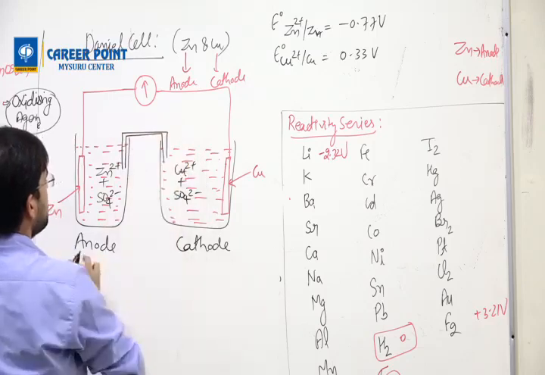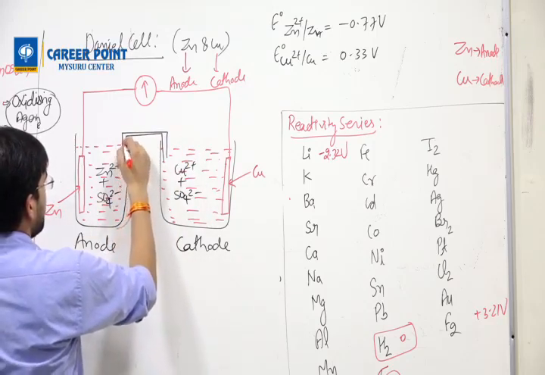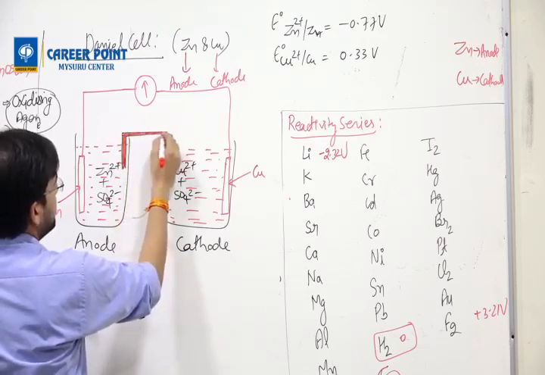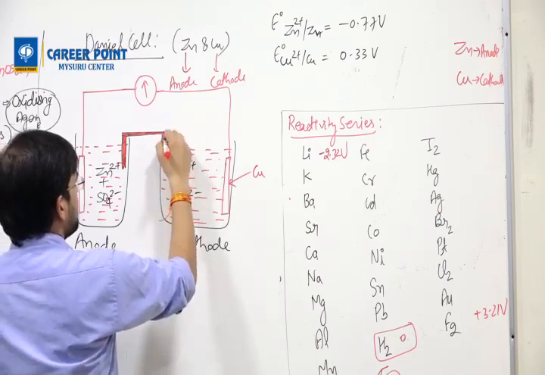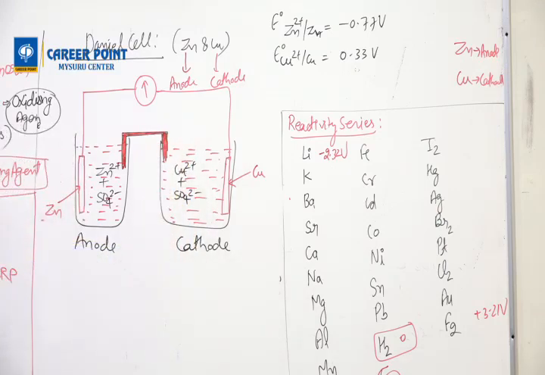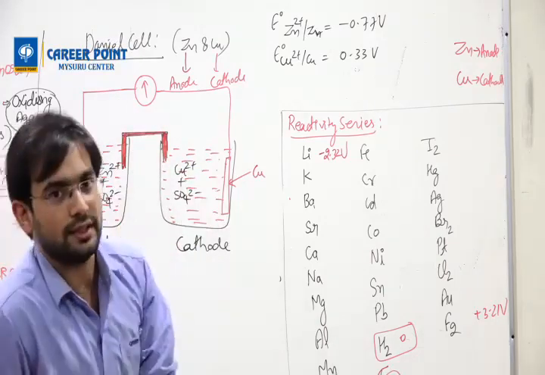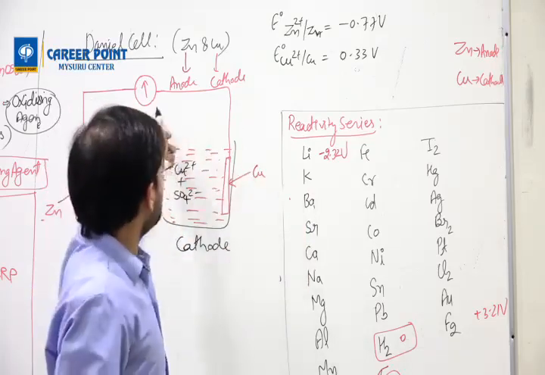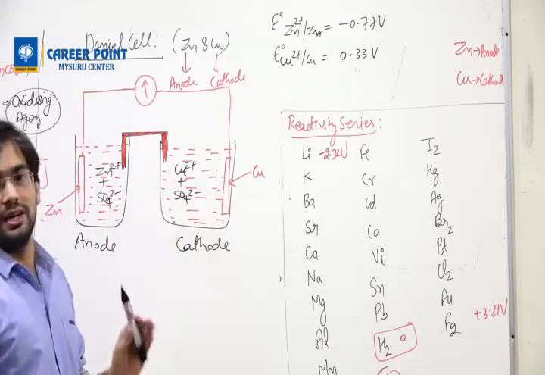This is known as salt bridge. Okay. Now this does the purpose. As soon as you keep a salt bridge, it is going to connect both the chambers. Now the circuit is closed, so current will start flowing and the voltmeter will start giving you a reading. Now the question they will ask: what is E0 cell? What is E cell when you change the concentration?